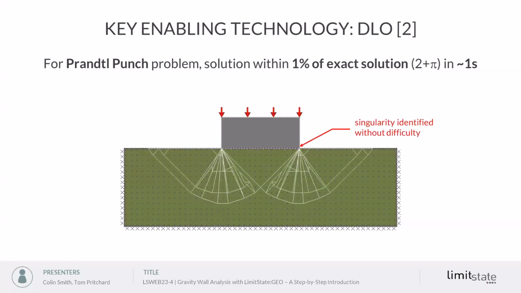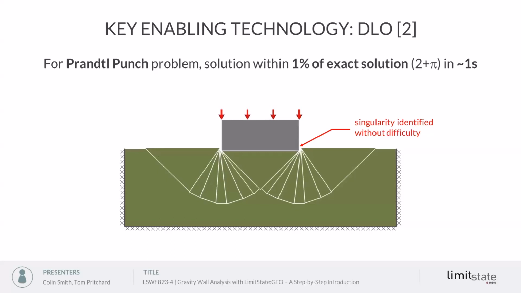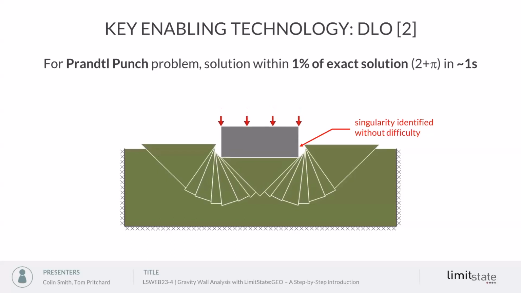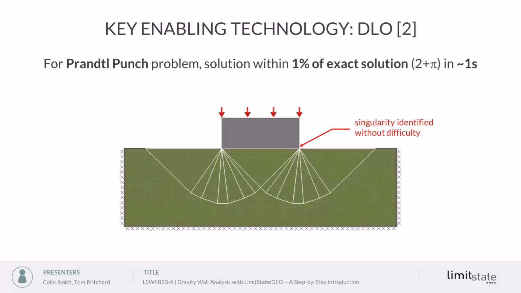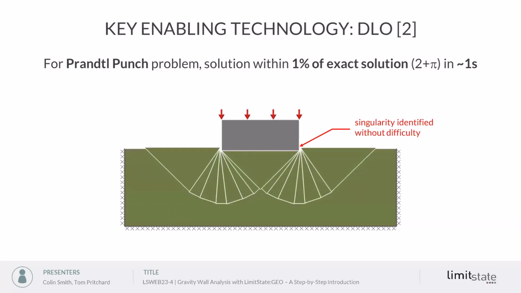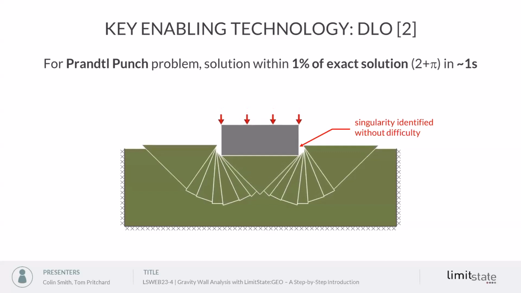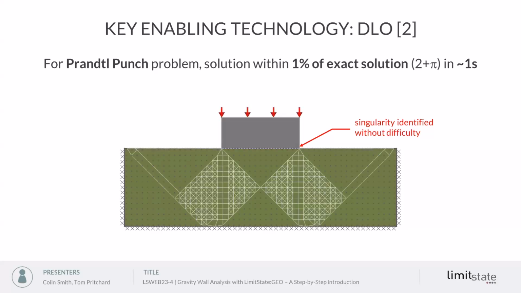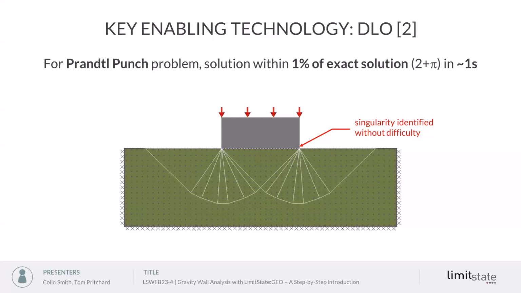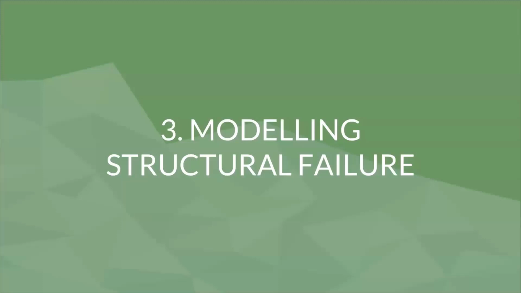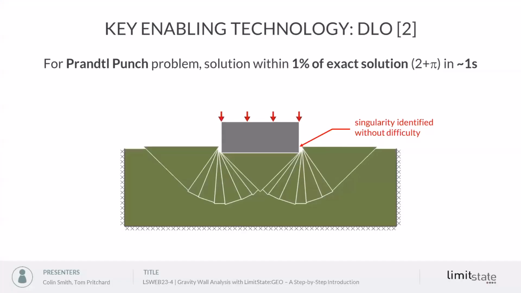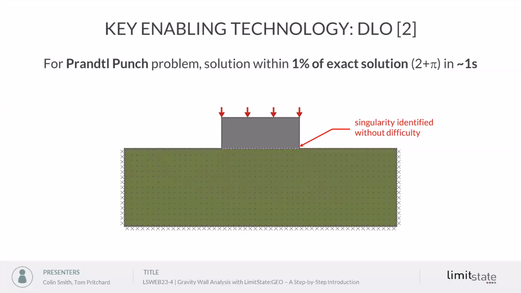And one of the nice things about this method is that for ultimate limit states, your slipline problems often contain singularities where you get many slip lines meeting at a point. And this is handled inherently and without difficulty by the method, whereas finite element methods can struggle here and require element refinement techniques and so on. Okay, so that's a quick recap on how the software works. We'll now jump back to the